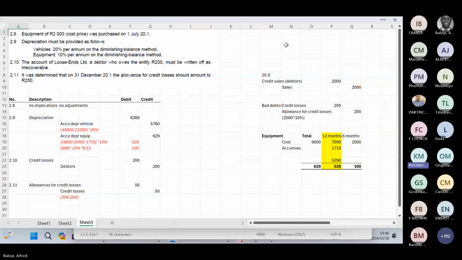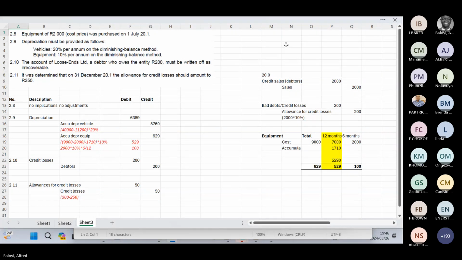Oh, hi, ma'am. I just have a general question. Does the R1 value apply? I don't know if you guys know the R1 value thing from high school, to the point where we can't even depreciate the asset, like the value of that asset is just contained at R1. Does that apply for this module?